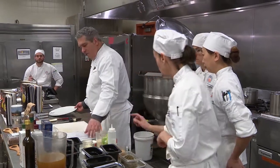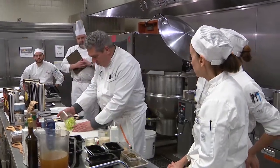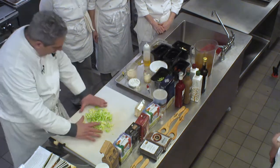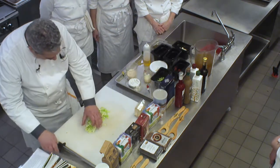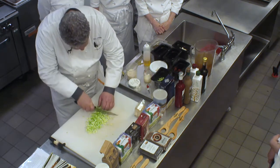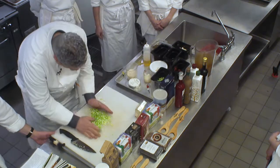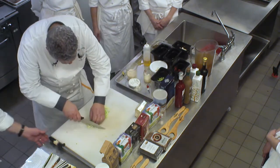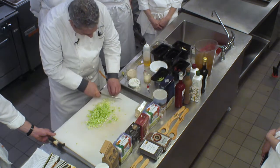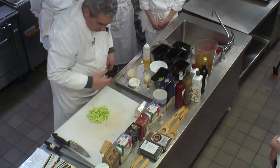So one thing on the cabbage, my only observation is cabbage should be cut a little bit more evenly. So when you go to put this in the soup, you can see how this... I'm glad this happened. So what we're going to do, we're going to go through this. One thing to remember is when we're cooking and we see something that isn't working, or we think there's something that,